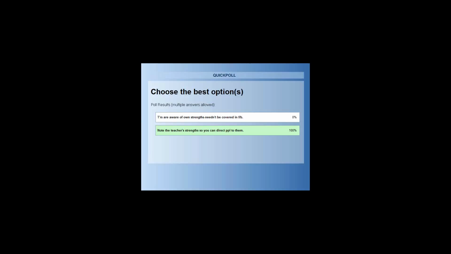I think the next slide had a couple of useful phrases, because when I first started observing teachers and giving feedback, I really struggled to say the right things. I was too direct, had teachers in tears sometimes. I put together a couple of phrases that you can use when you do feedback with teachers.